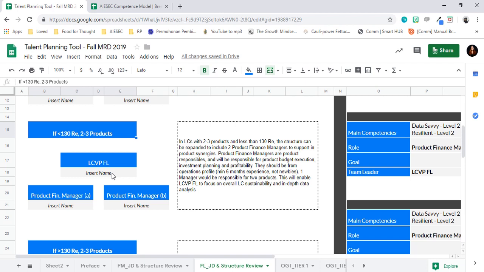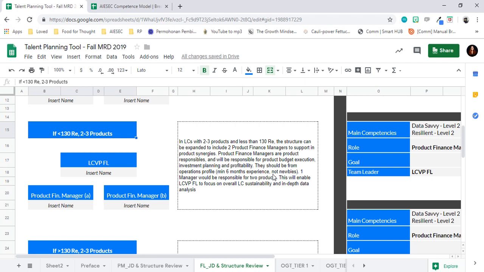So you'll be giving this person a lot of insights into running operations or the product, but from a very strategic point of view. That's why the requirement is that they should be from an operations profile, with a minimum of 6 months experience, and definitely not newbies, because it is very hard to put a newbie into a position of doing product synergy and managing the budget when they don't really have a good understanding of ISAC or running the product. It's better if they already have front office experience, so they can utilize it, and then they have new learning about the finances of the product itself.